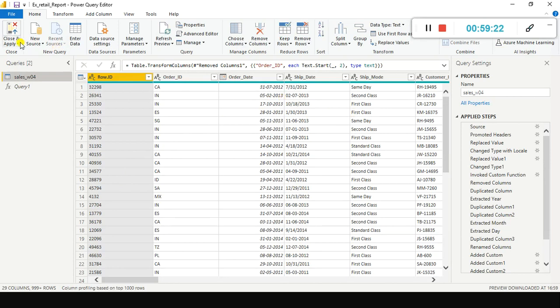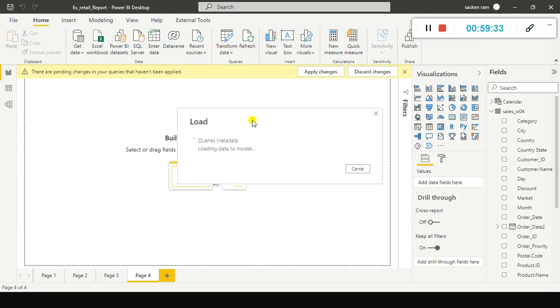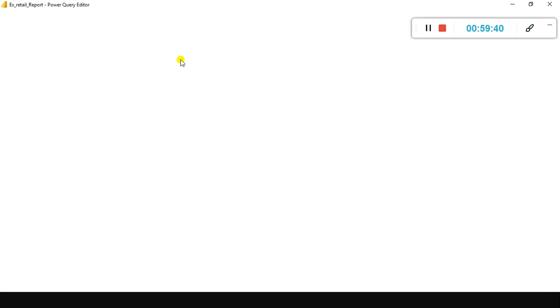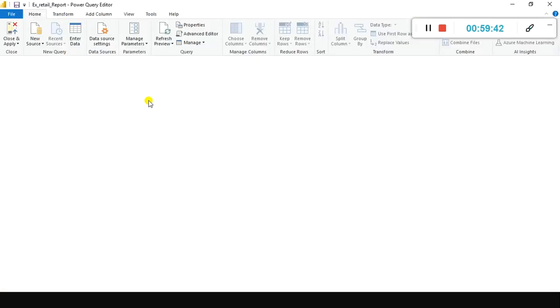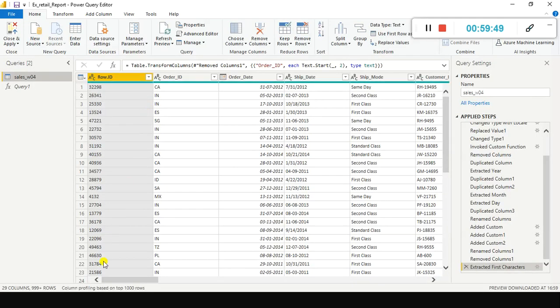So I have applied, 1 second. Let me apply, close and apply, because we did not do any changes. Let it be there. Okay, now I open it fresh. But you need to wait, okay, until it applies all the changes. I just go here because I removed the errors. That is the reason why it is applying it. If you don't make any changes, simply if you open it, and when you try to close and apply, right, it will not do anything. Okay,